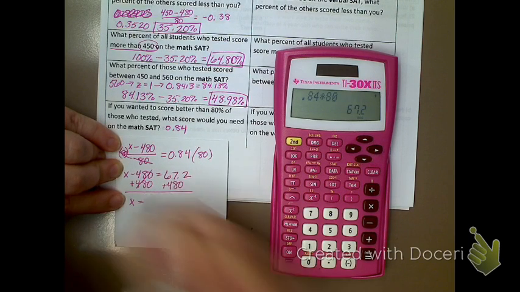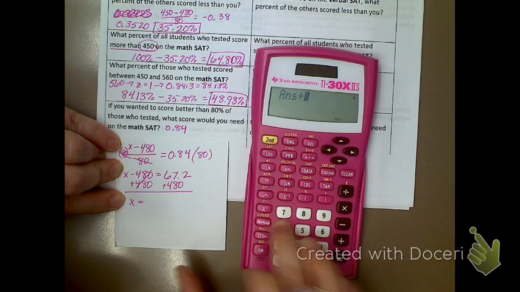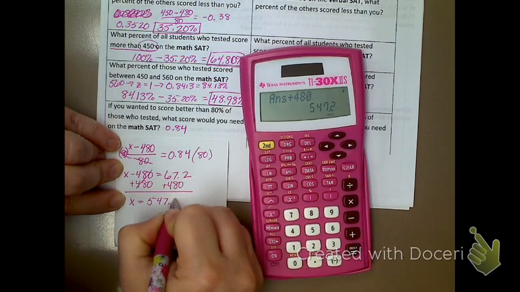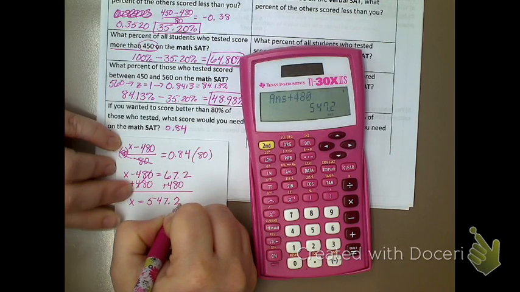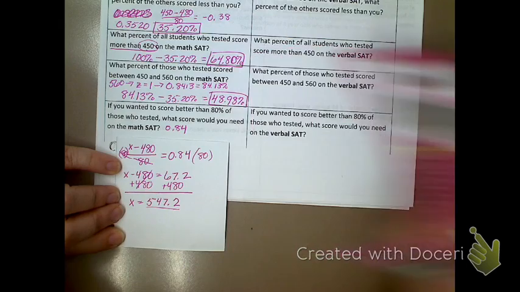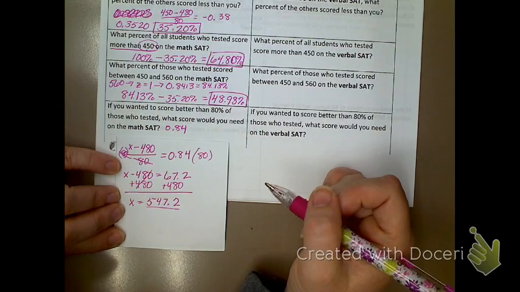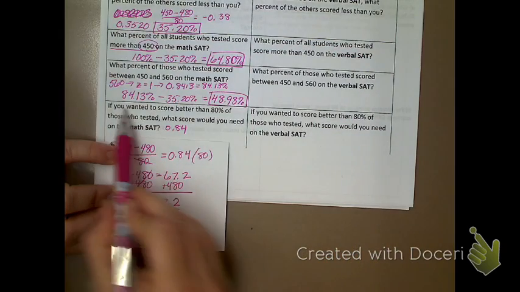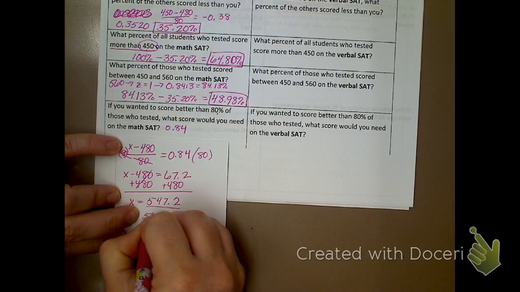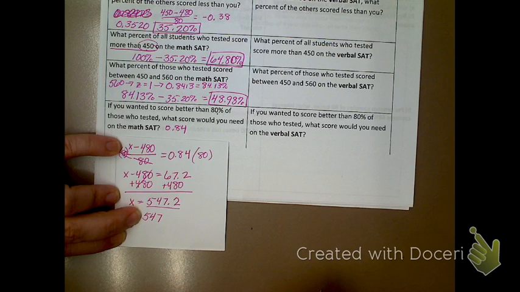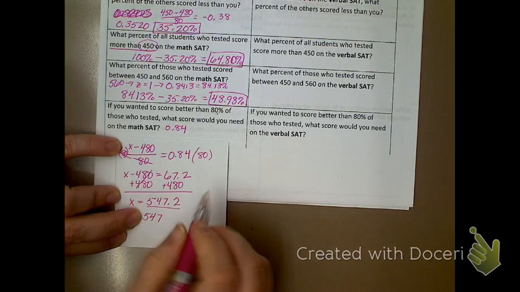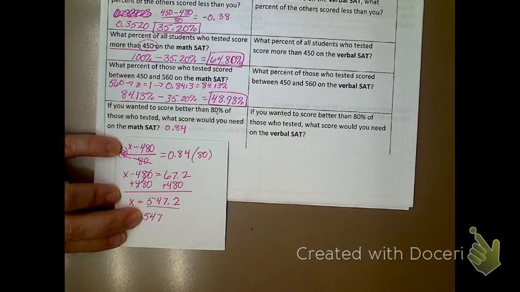And x equals plus 480, 547.2. Well, I can't really score a 547.2. So, if I wanted to score better than 80% of those who tested, approximately a score of 547 would allow me to do that. If I didn't want to be at 79% and I wanted to be at 80%,